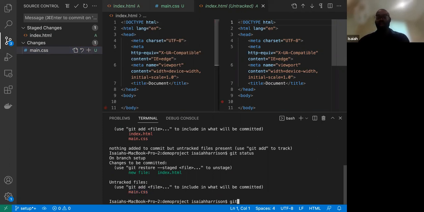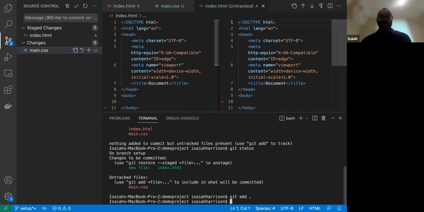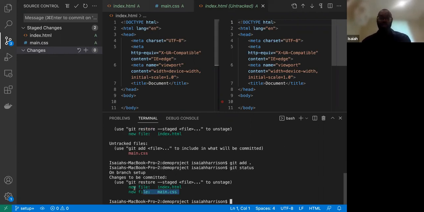I'll just add the CSS file from here. git add, I'm just going to add everything, so I'm going to add dot. And this CSS went up here. If I do a git status again, we can see that both are now ready to be committed. They're both staged to be committed. So to commit it, you can do one of two things. You can either